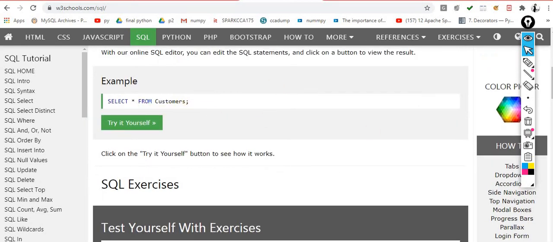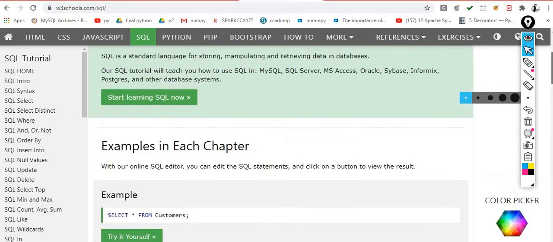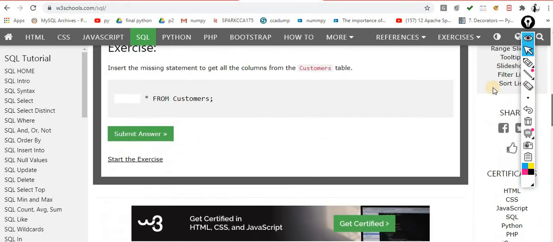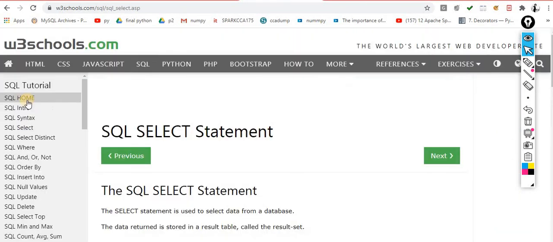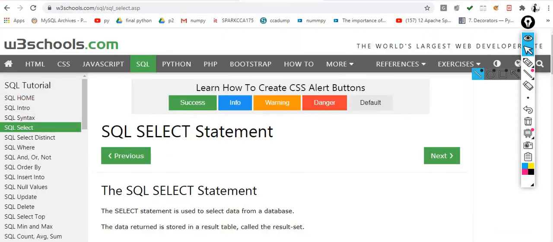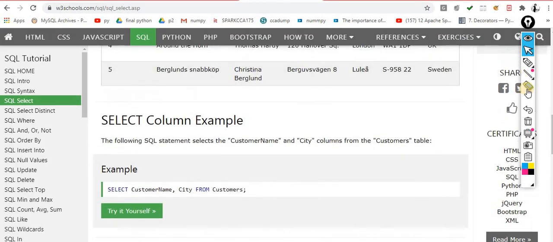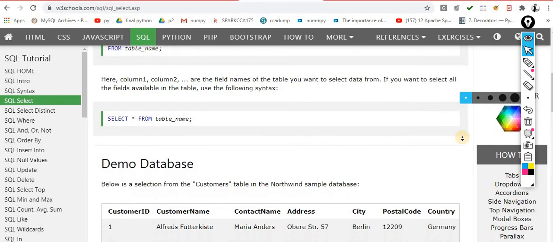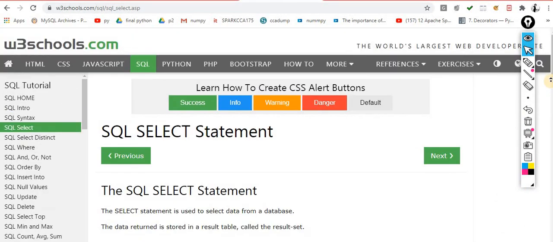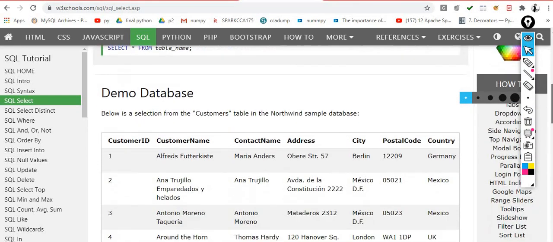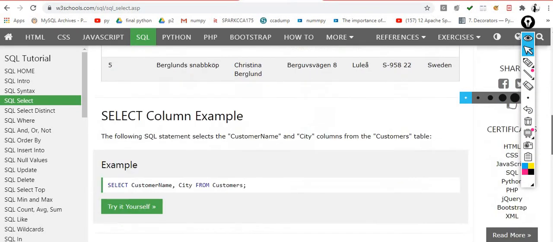Select star from customer. Try whatever they perform. Exactly, you try the same. This one, the select statement. You can check it out. Perform exactly the same. You will automatically get clarity, because you have to play with it on your own. Otherwise, teaching this kind of steps is very difficult.